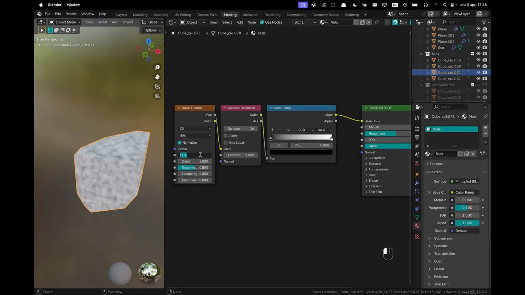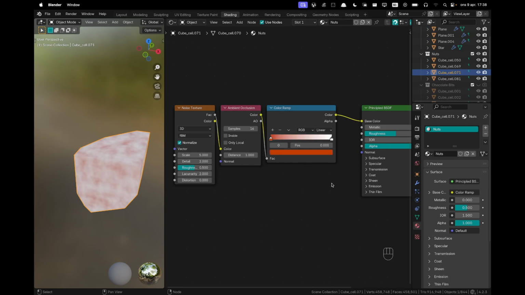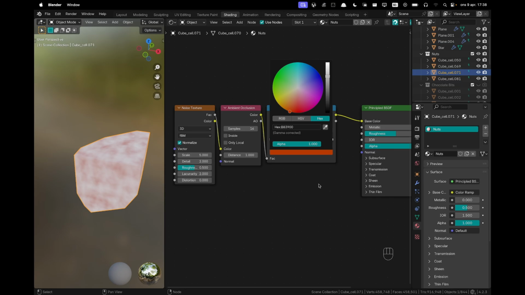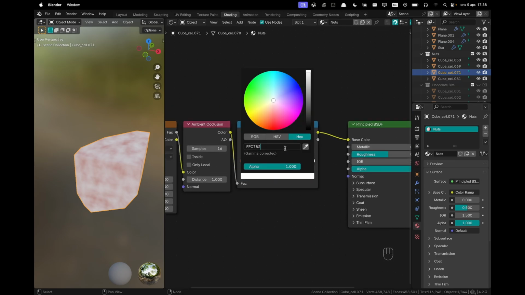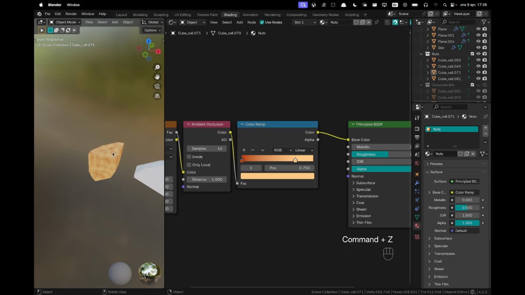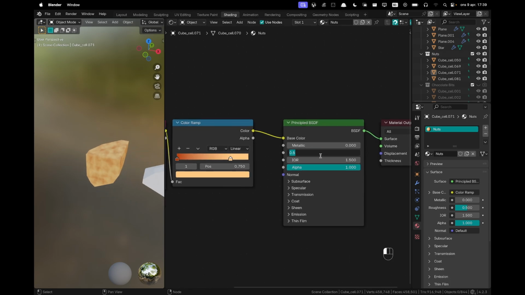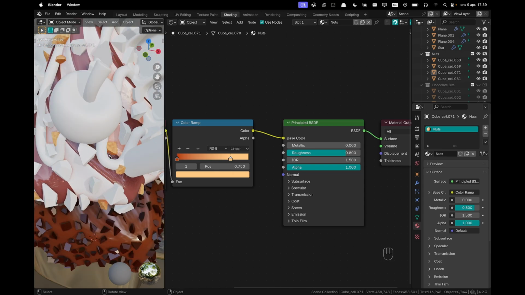I just like that it has a tiny bit of texture on it, just to give it a tiny bit of variance. I'm gonna change the dark color to B83900. And then the light color is going to be FFC782, and then I'm moving that to 0.75. Oh, that went wrong. There we go. The roughness can go to 0.8 there, and I think this will look nice. If you look at it like here,